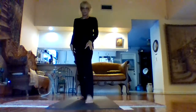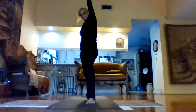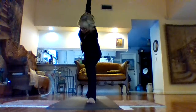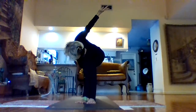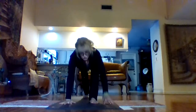Second side, left foot's forward, right one is back. Warrior one to warrior two. Reverse the warrior and come to side angle. Bring your right arm up and the left arm down. Both hands come forward. This is how we're getting into the side plank so that both toes are going to the left. And you can stay here,